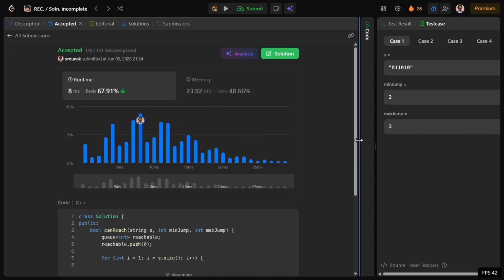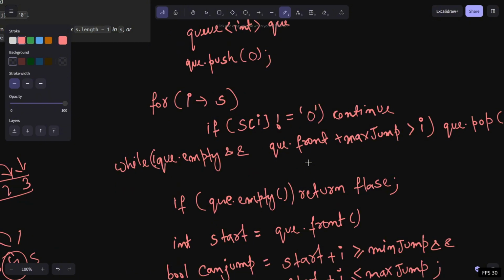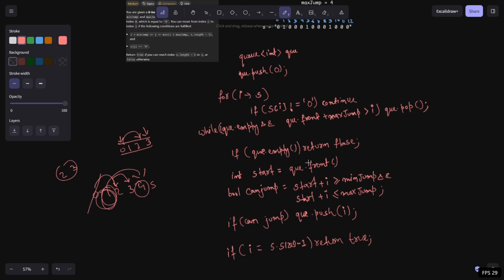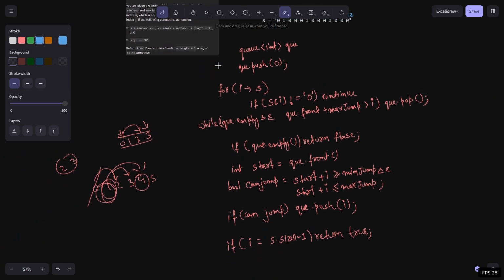So if you see the time complexity and space complexity of the code, first you might think that we have the for loop, and inside the for loop we have another while loop, so it may lead to n square. But if you notice, every element we are going to pop only once.